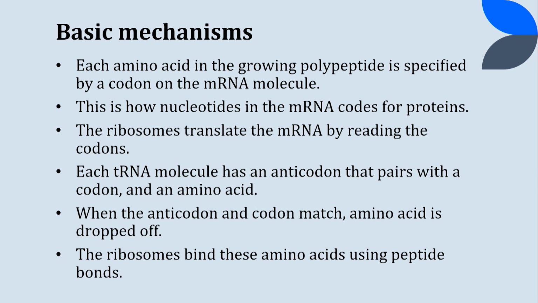Here are some more basic mechanisms behind this process. Each amino acid in the growing polypeptide is specified by a codon on the mRNA molecule. This is how nucleotides in the mRNA code for proteins. The ribosome translates the mRNA by reading the codons. Each tRNA molecule has an anticodon that pairs with the codon, and an amino acid. When the anticodon and the codon match, the amino acid is dropped off. The ribosome binds these amino acids